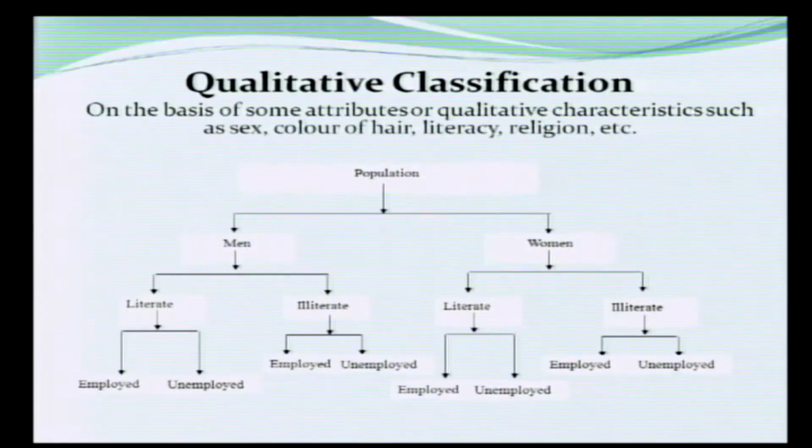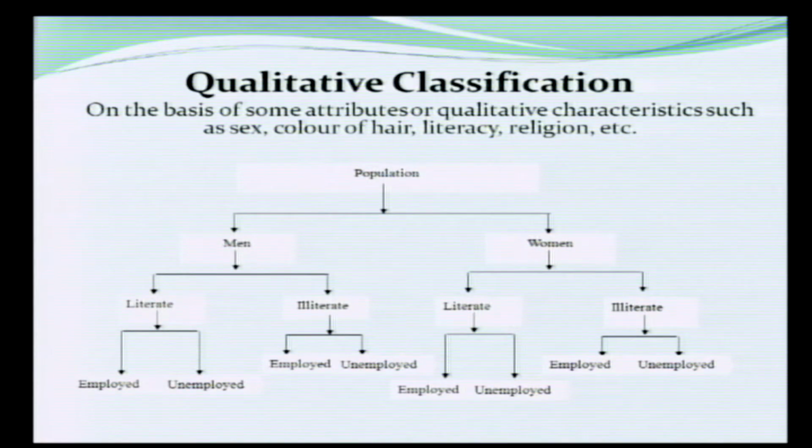The third classification comes under qualitative classification. On the basis of some attribute or qualitative characteristic, such as sex, color of hair, literacy, religion, we may classify the data, and this classification is known as qualitative classification. For example, if a population of some particular colony or city is there,